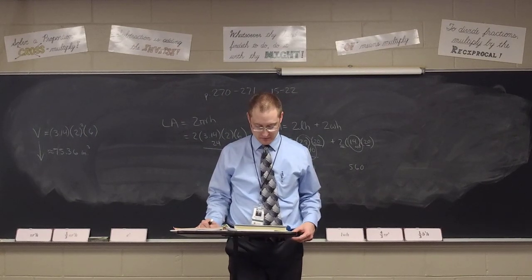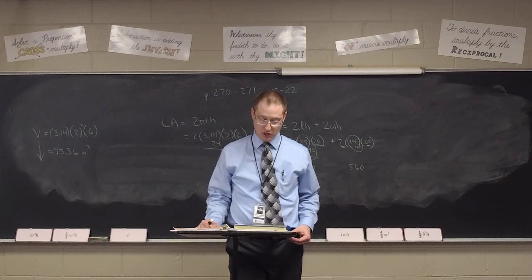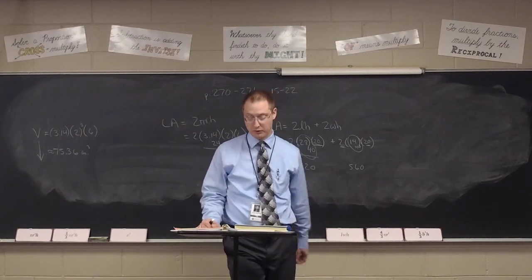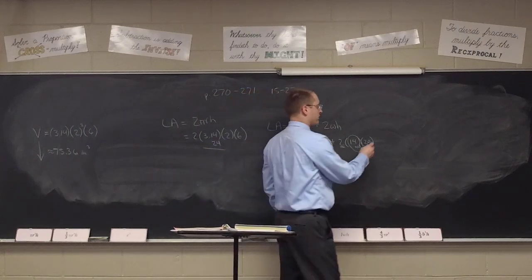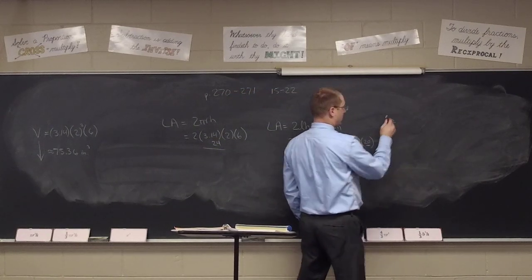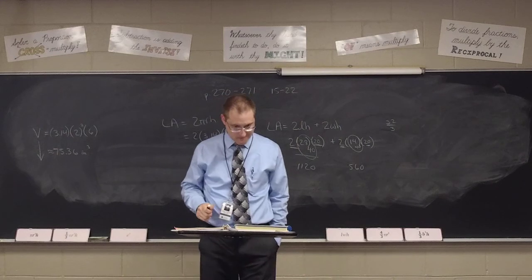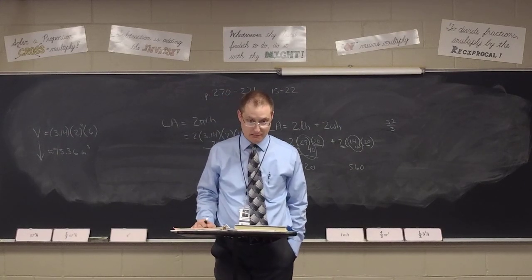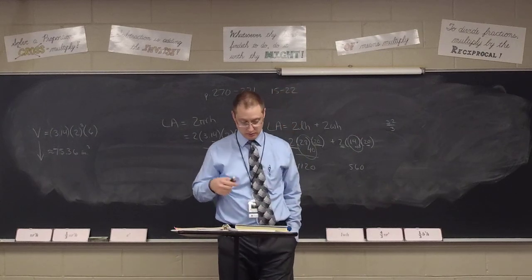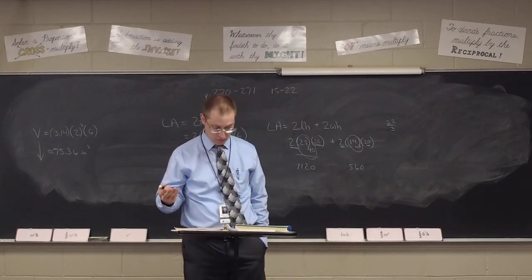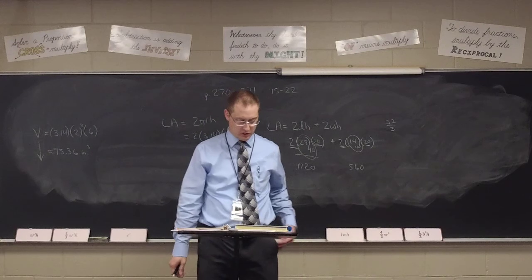Lana, did you get that far? No. All right, let's cross multiply real quick. What do we get when we cross multiply, first of all? 3x equals 32. There we go. And then divide away the 3, you get 32 thirds, or in other words, 10 and 2 thirds. 10 and 2/3 is correct.